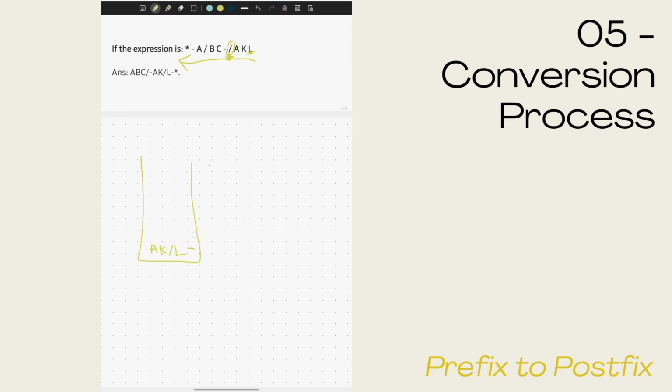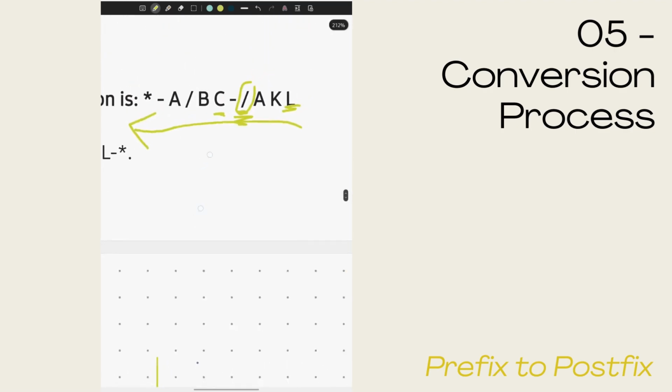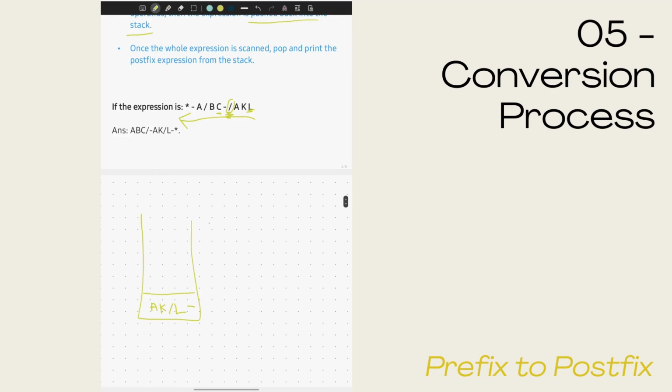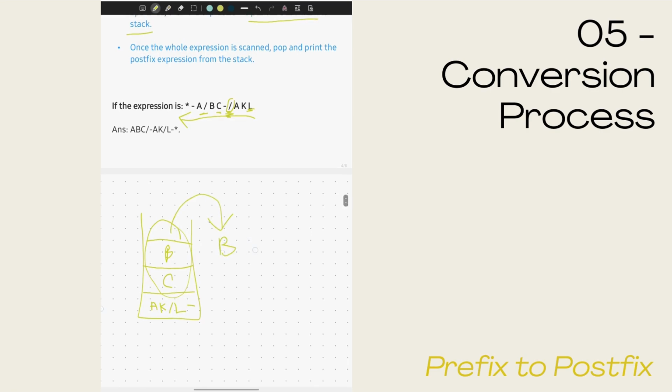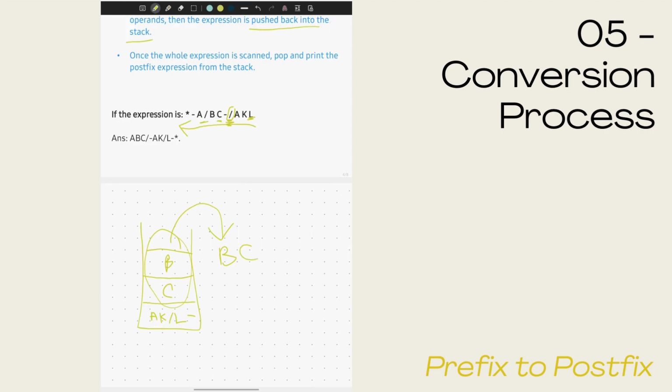and then we continue. After minus is C. C is an operand, so we just push it into the stack. We do the same to B, which is also an operand, and then we see here the division symbol, which is an operator. So what we do, we pop the last two, B, C, and we add the division after the two operands. And then we push it back into the stack,